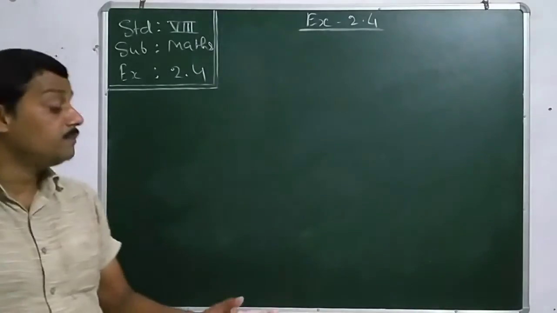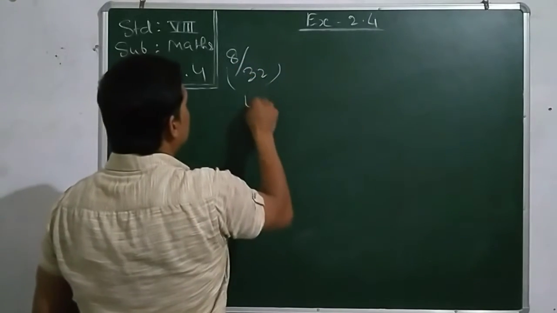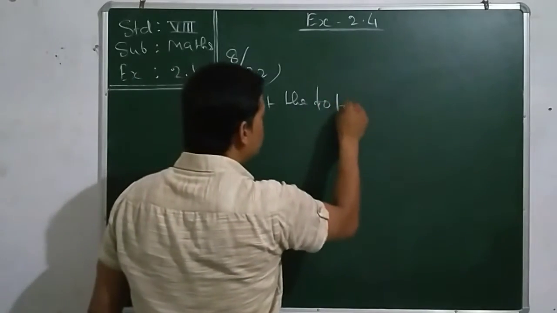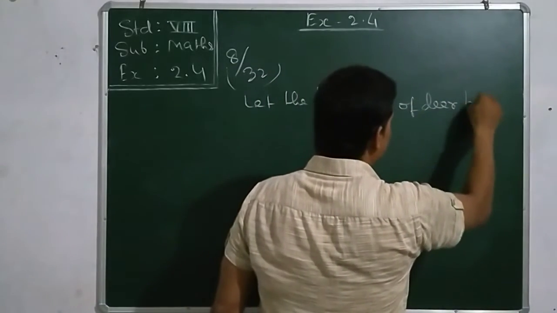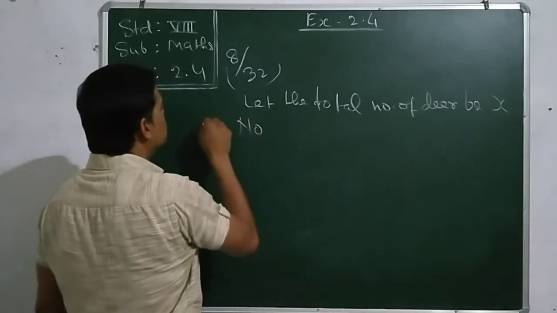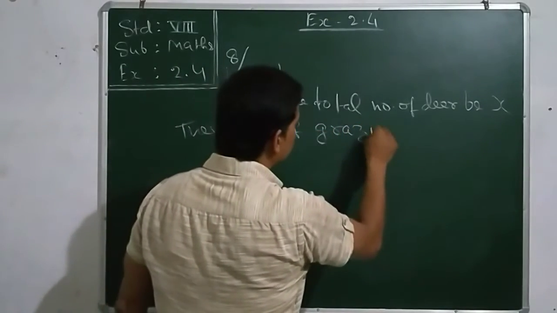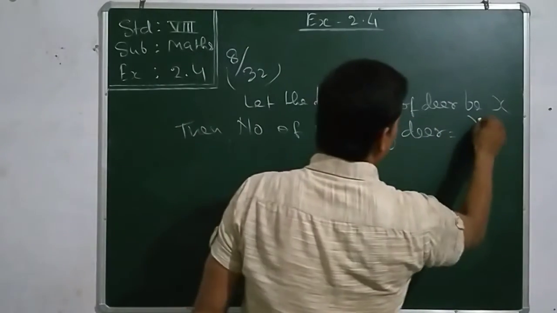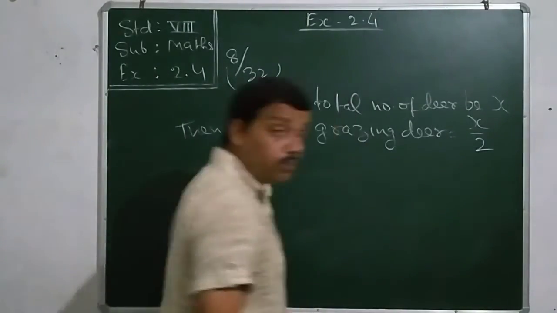That means, if we consider total number of deer be x, then half of the number means the number of grazing deer equal to x by 2, and another condition is given, that is 3/4 of the remaining